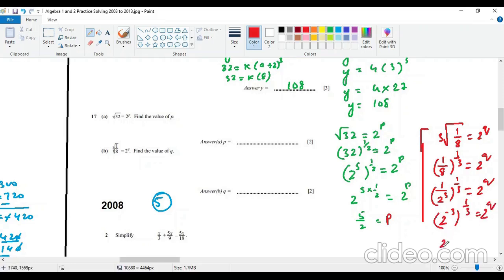That means 2 to the power minus 3, and the 3s will be cancelled. So minus 1 equals the power of 2 to q. Bases are the same. That means q is equal to negative 1. So q is going to be negative 1, and this one is 5 over